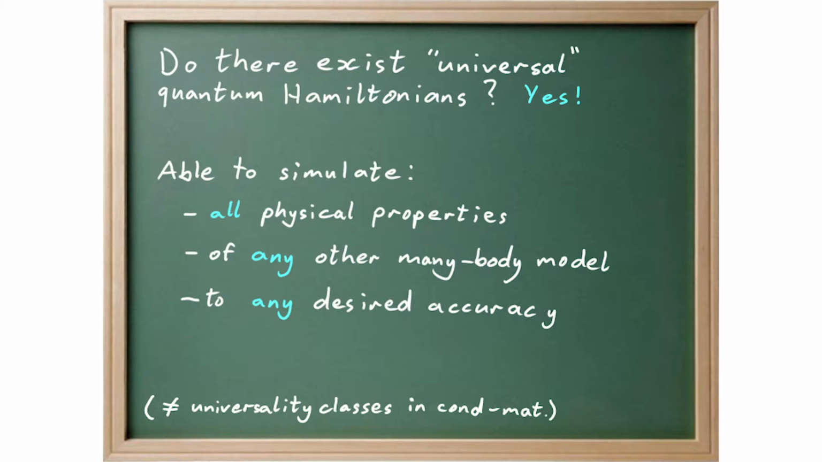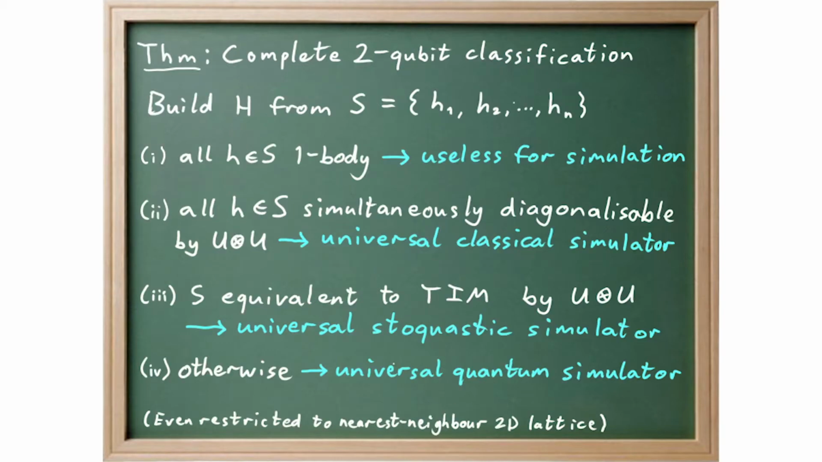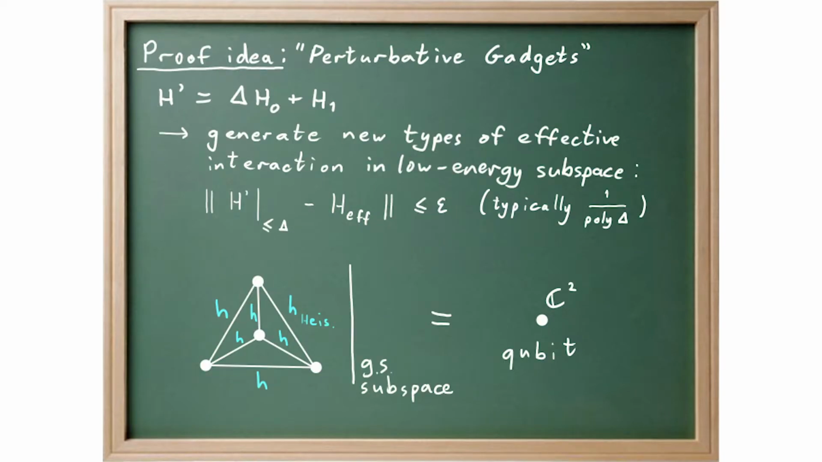So this is an extremely strong requirement. I've captured what it means to simulate by saying it's got to preserve all of the physics, up to arbitrarily small errors, and for any other system. And surprisingly, it turns out that these do exist. So we even have a complete classification, at least for 2-qubit Hamiltonians, for interactions between pairs of qubits. If your Hamiltonian is built out of 2-qubit interactions, we know exactly which ones are universal and which ones are not. I'm not going to talk in detail about the result, but I want to mention a little bit about